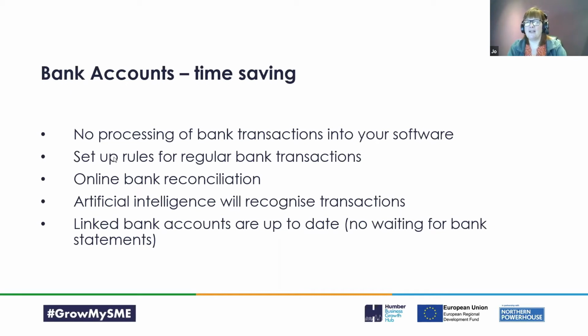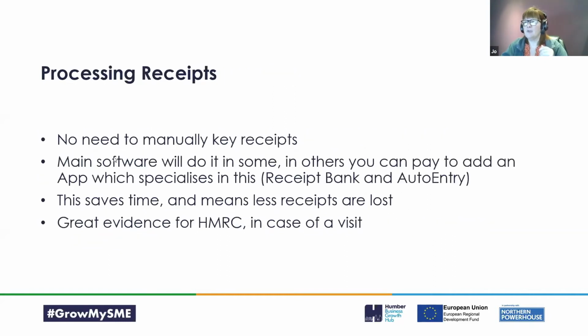Artificial intelligence will recognize transactions. So if you've got an amount of money coming through the bank and it's the same as the amount of money that you've raised on an invoice, it will match those two transactions and say to you, is this payment of this invoice? And if it is, you can just click yes, match that off, and it will mark it off as paid. That's a really good piece of functionality that lots of pieces of software have. And it keeps it up to date. So you're not waiting for a bank statement. They update overnight, and they generally have a button that you can just press to refresh and bring anything that would come through on your online banking on your phone into your software at the time that you refresh it.